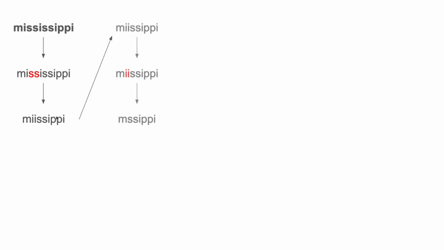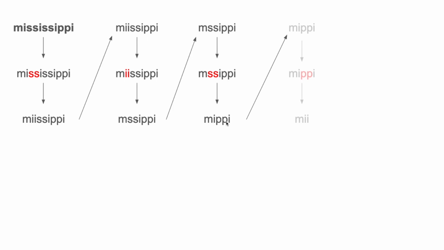So in the second step we see this II and the II gets removed. In the third step again we see SS, so the SS gets removed, and then again we see PP gets removed, and in the end we see these two I's that are adjacent duplicates, they get removed, and the resultant string is M. So if we are given the string Mississippi, the answer would be M.